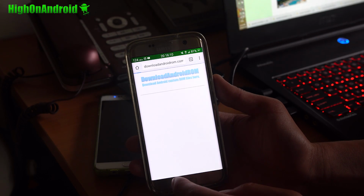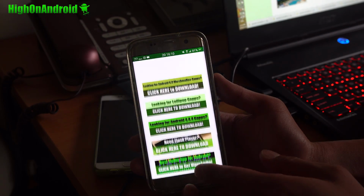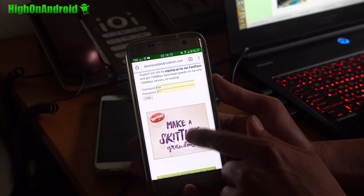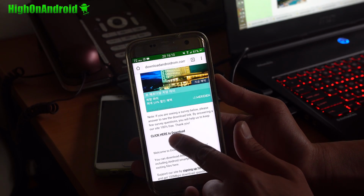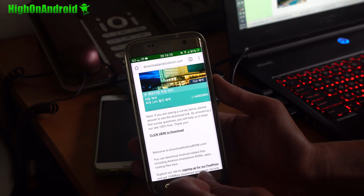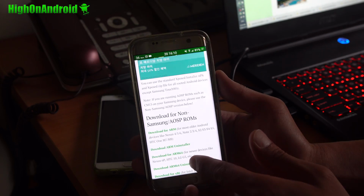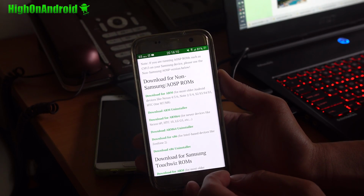The actual download link for all of these files is at the end, near the bottom. Click here to download. That's where it is, and that's how you can download it. Go ahead and download that. And also, if you go back to the High on Android page, I've listed all the stuff you need to